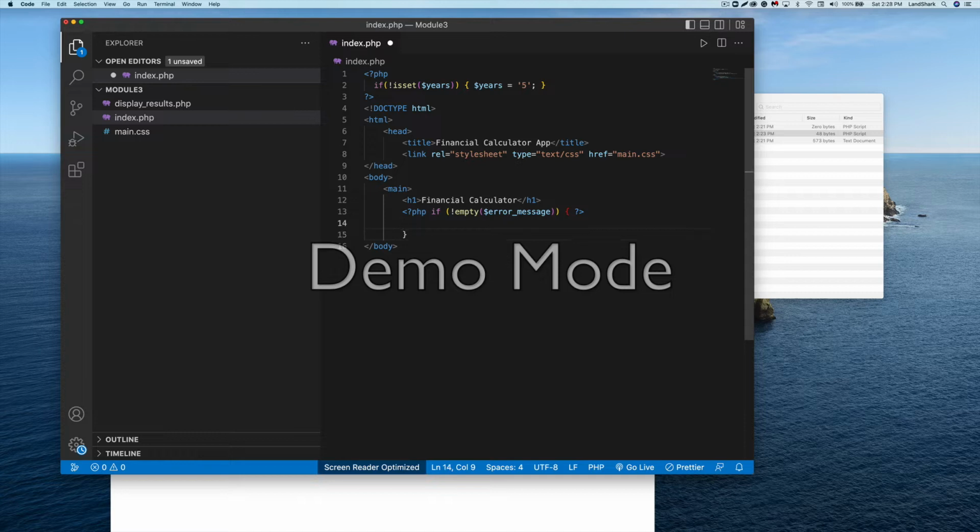I have an error message here, but sorry. So we'll do a paragraph and we'll say class equals error. And then we're going to do PHP echo error message. And we'll close out the paragraph,